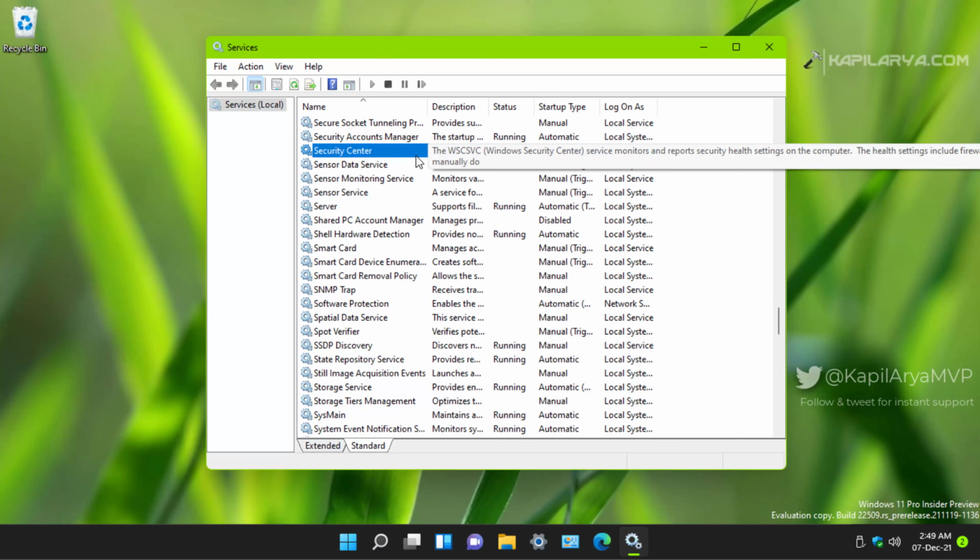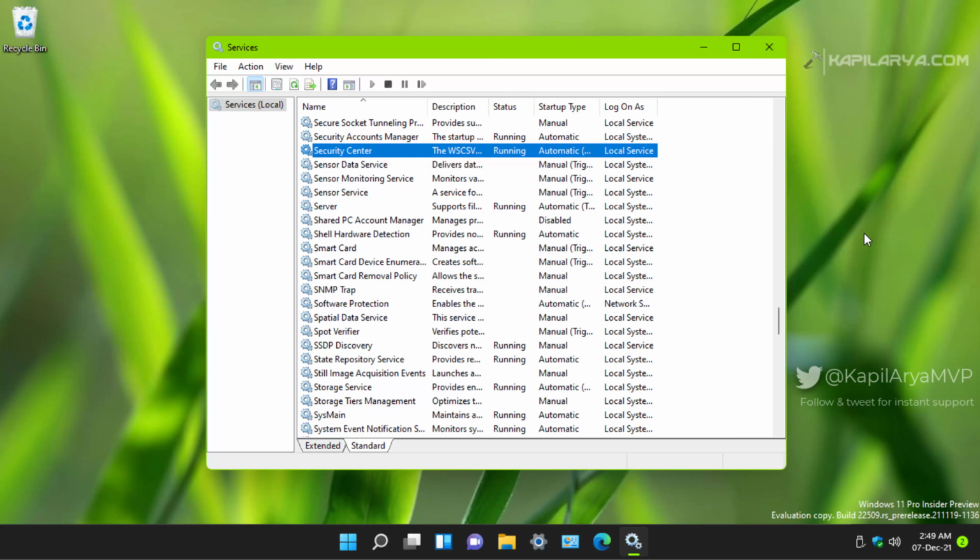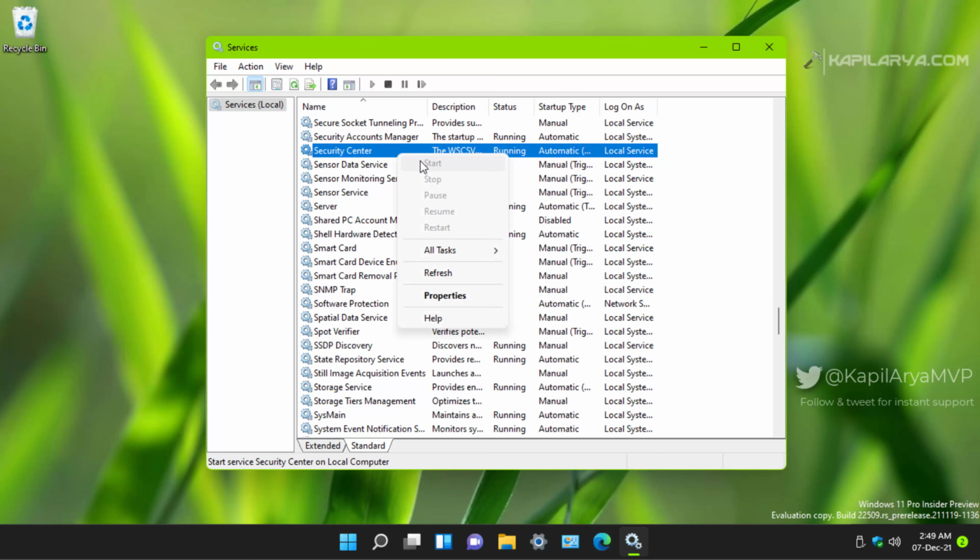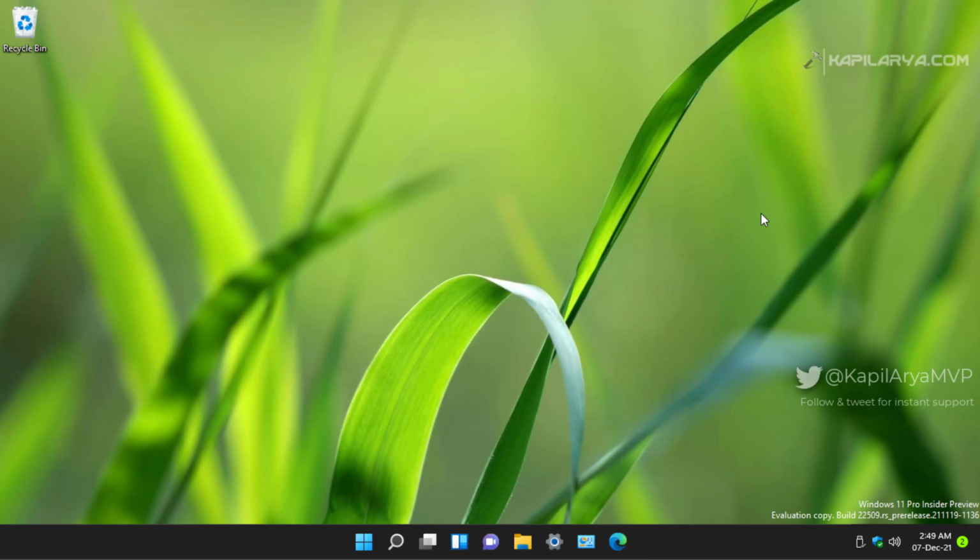You can simply right click on that service and select start. In my system it is already running, as you can see, and its startup type is automatic, but in case it is not running you will be able to start it by right clicking on it and selecting start. And after starting the service you can check out the status of the problem, and if that was the root cause, the problem should have been resolved now.